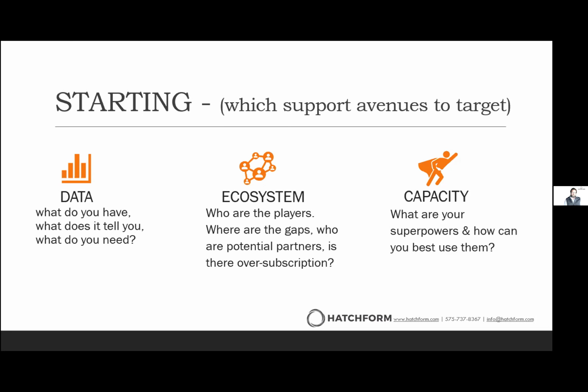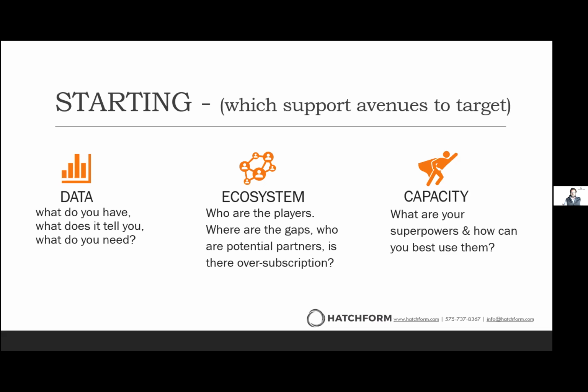What can you glean from that data that's going to help you as you start to design and implement projects? And then also asking, what do you need? What's missing? What do we need to go out and get on our own? Or what do we need to hire somebody to do for us? Or recommend that you get help from the state or national Main Street organization. But knowing what you don't have is sometimes just as important as knowing what you do have, because that can help guide the direction that you're going to be going in.